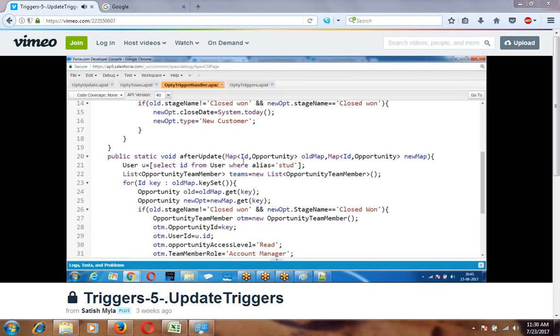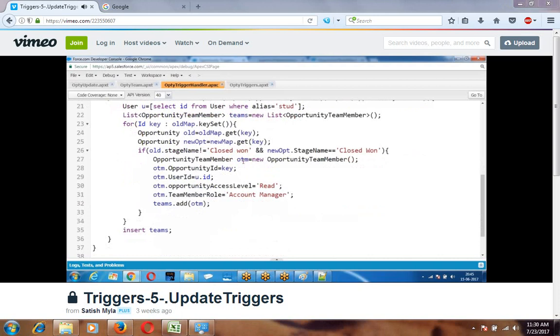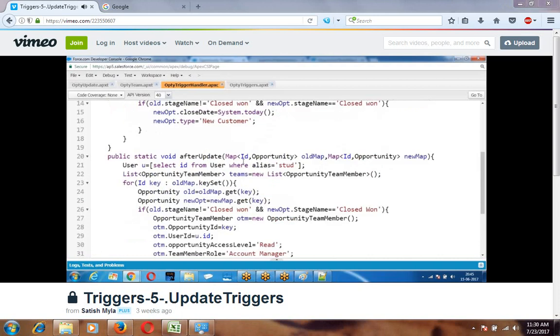Simple example. I can reuse this logic. Are you getting my point? If you write the logic within a Apex class, I can reuse this logic. Clear about this point? So it is always a good practice to define